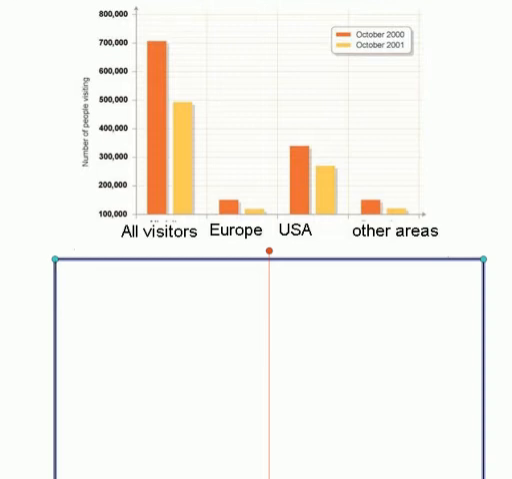First of all, we have to tell what the graph is telling. This graph is telling how many visitors visited a certain country in the month of October in the year 2000 and 2001. First of all, we must know what kind of graph this is. This is a bar graph. So I'm going to write the first line, that is, bar graph